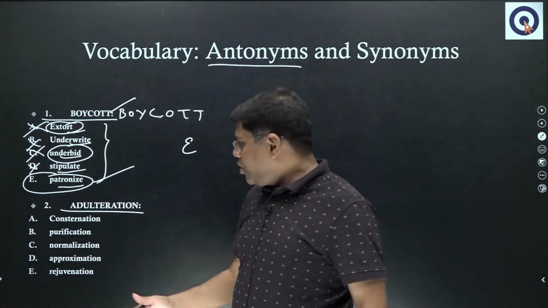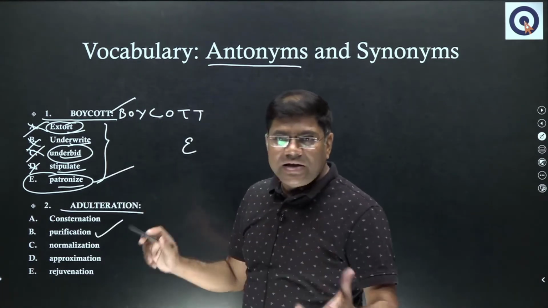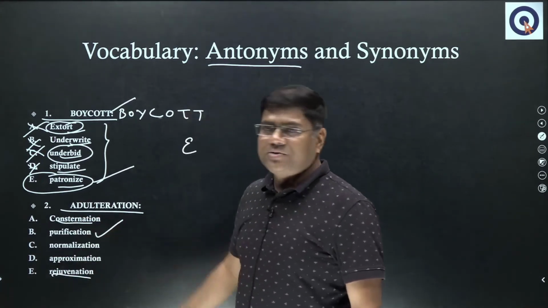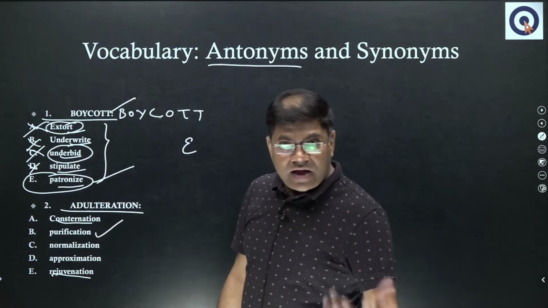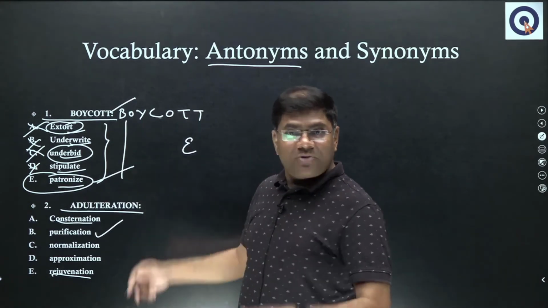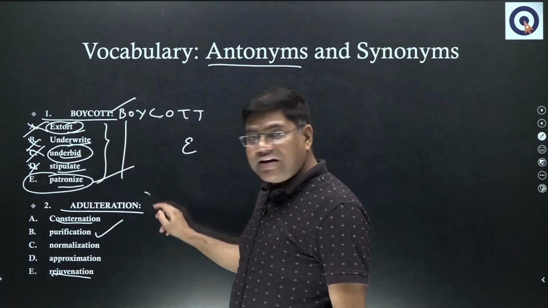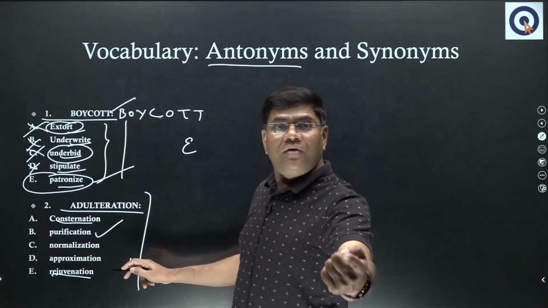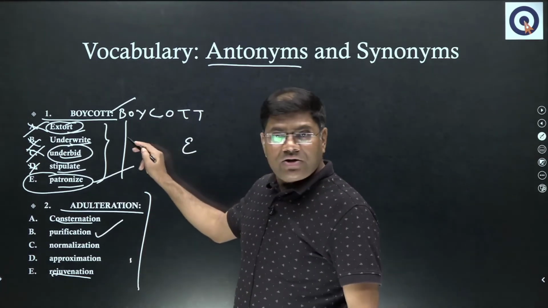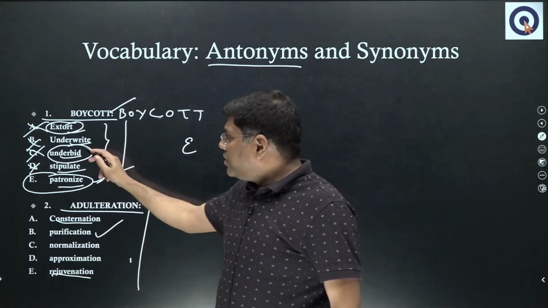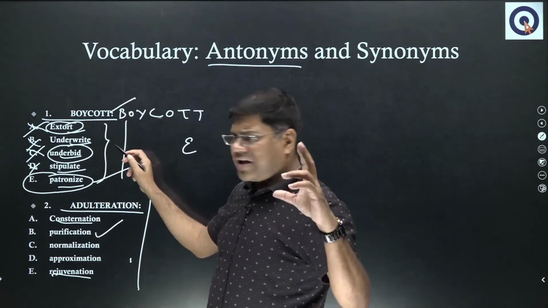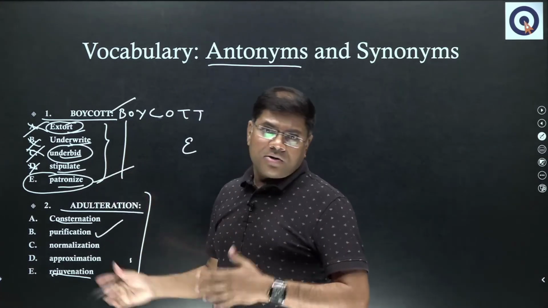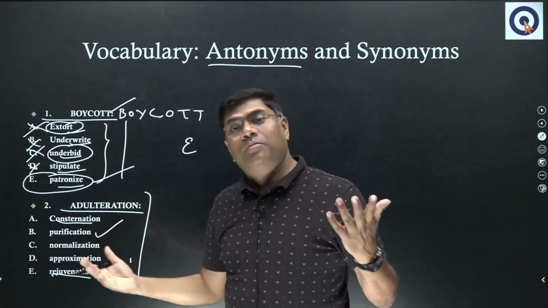Adulteration, you know adulteration, so the opposite is purification. This becomes a very, very easy question because even if you don't know the meaning of all these words, still you know that the answer is B. So sometimes you arrive at the answer by elimination, sometimes by selection. In this question, you selected the right answer because you know that purification is the opposite of adulteration. In the previous question, you knew that extort cannot be the answer. Underwrite is used in insurance, has a technical meaning. Underbid again is not making sense. Stipulate is to allot. So what remains is the answer, even if I don't know the meaning of that.